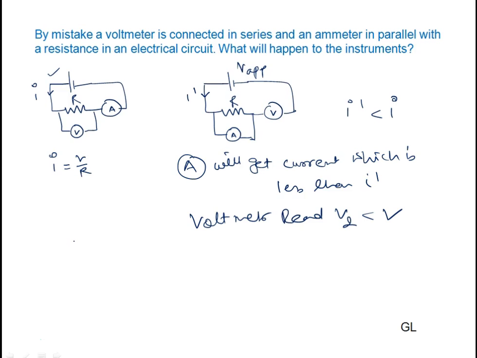But one thing I want to tell you, in this situation, the ammeter will read the current through it, while the voltmeter will read the potential difference across it, which is not the case here, because there is no current through it. Or let me rectify it again. In this situation, the ammeter will read the current which is passing through it, while the voltmeter will not measure the voltage across the resistance R. It will measure the potential difference across itself only. Okay.